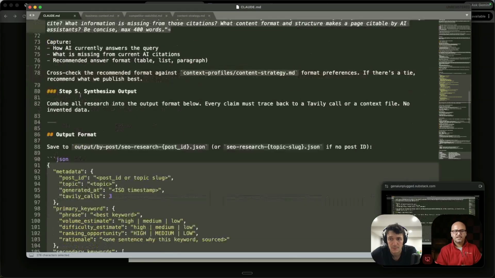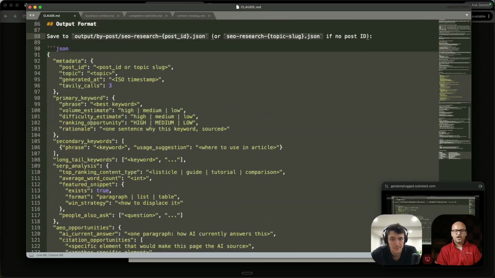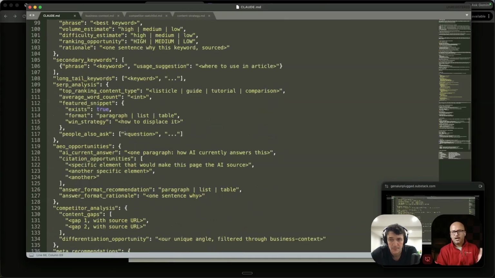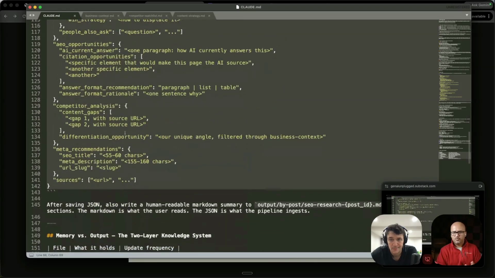And finally, we are saying synthesize the output and save it in a JSON file. This is more like the JSON file that it would get saved in. Again, you don't need to think that, hey, I need to know JSON. All this, you can even just say in plain English and ask Claude or any AI that you're working with to create a proper JSON or a structured format for me. It is going to do and document this JSON for you. And the starter templates would help you with that as well.